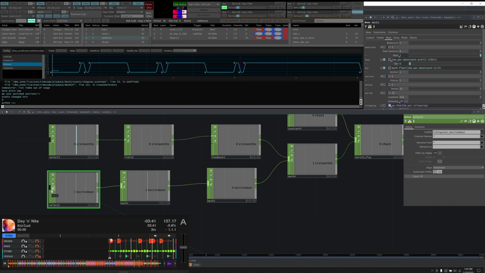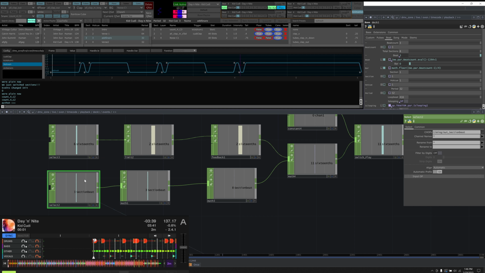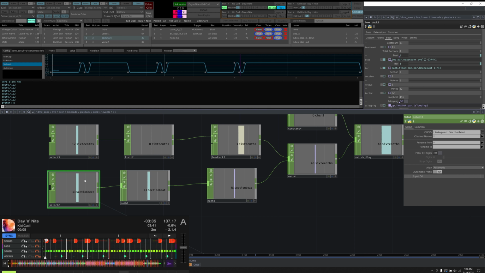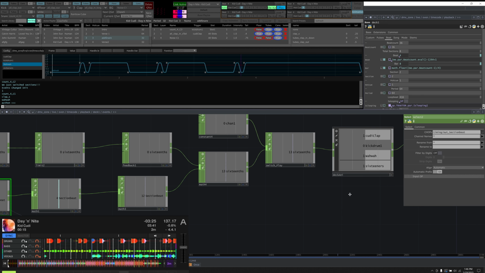This section beat is the number of the beats in each section. Each section starts at 1 as it's loaded in. And so we're counting across, and